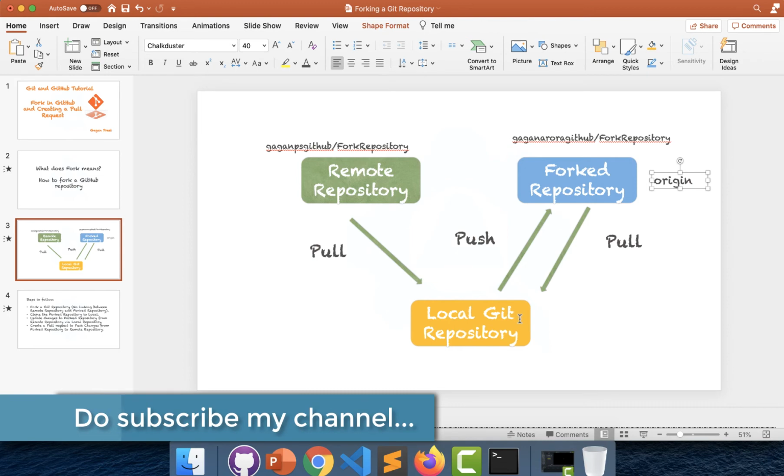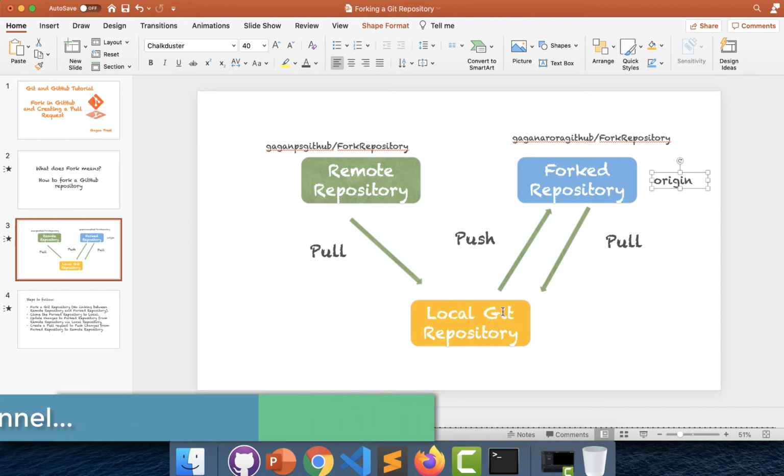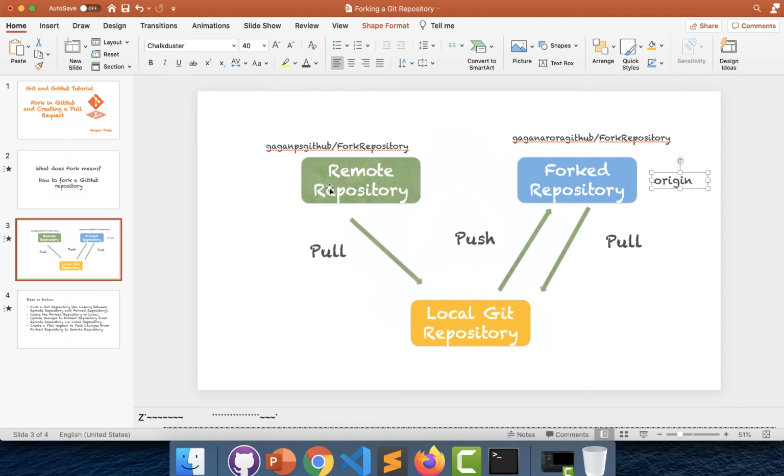If you see, as of now, there is only one remote repository associated to our local git repository, that is origin. Now we'll try to add one more repository over here for this particular remote repository to get the changes in our local git repository from where we'll try to push it to the fork. So any changes that we want to push from remote to the fork repository, we have to go via the local git repository in this case. So I will add our remote server to the local git repository over here, that is this one from the first user.